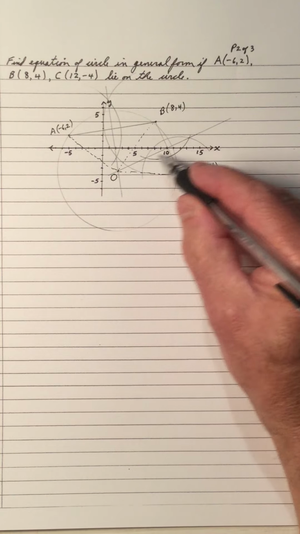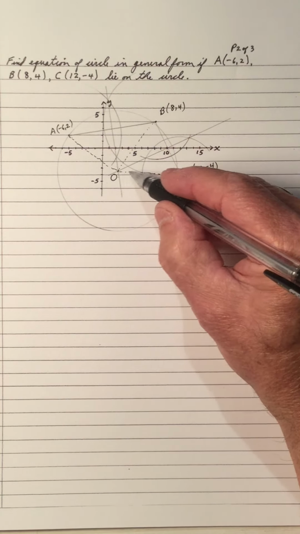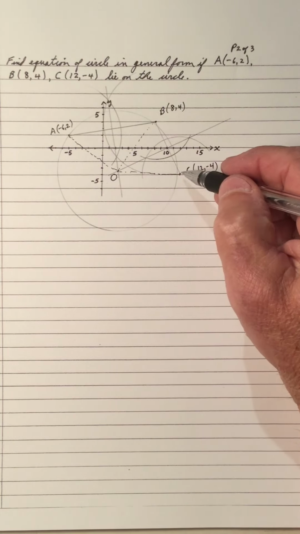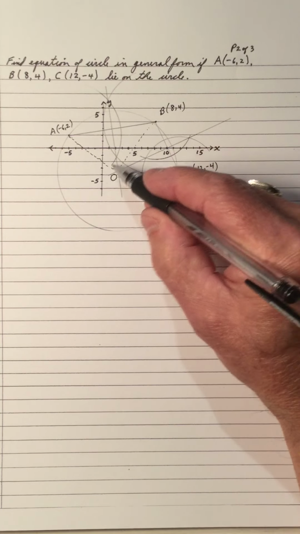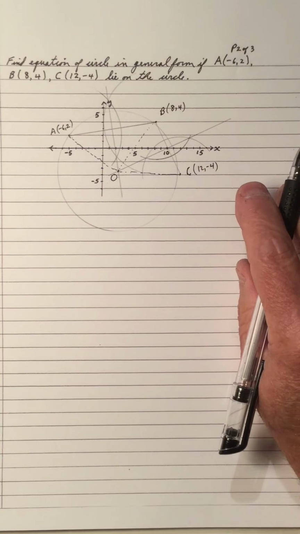O is on this perpendicular bisector, so these two distances are equal. Notice that all three distances, OA, OB, OC, are equal. They're the radii of the circle, so that's why O is the center of the circle